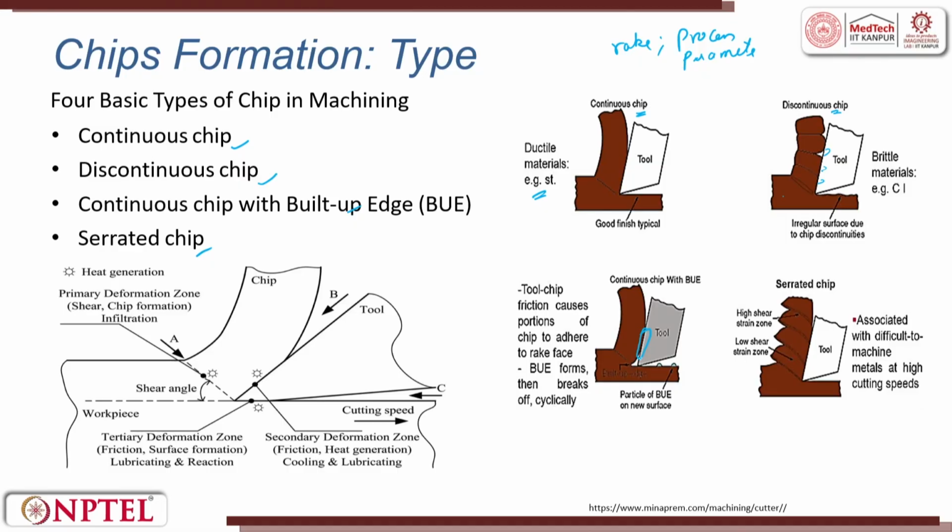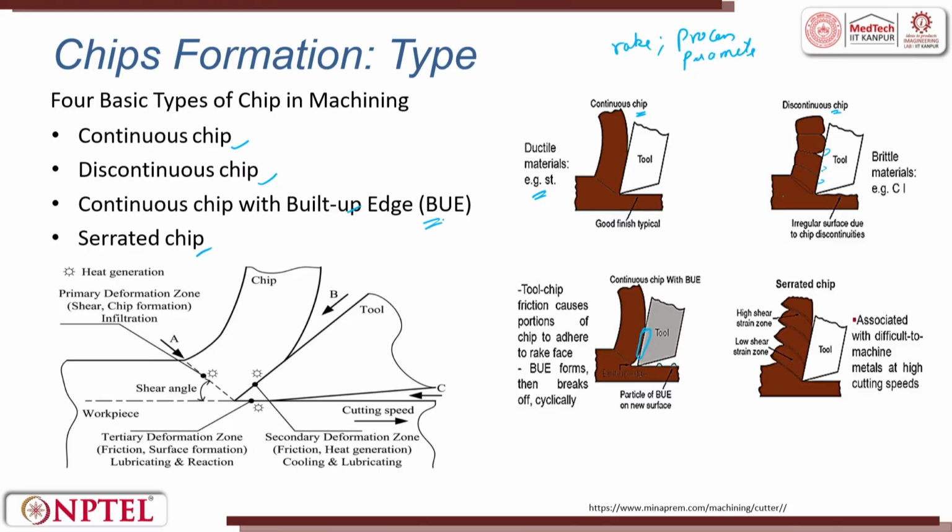Now you have to take the analogy of welding. Welding happens here. When the welding happens, a built-up edge is formed on top of the cutting edge. The moment it is formed, it is called a built-up edge formed on top of a cutting tool. This built-up edge destroys the cutting